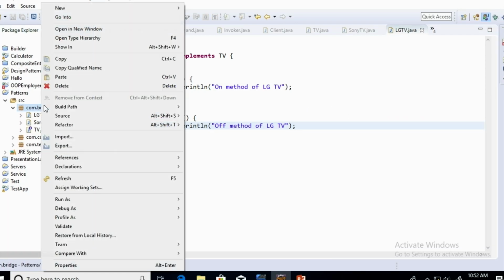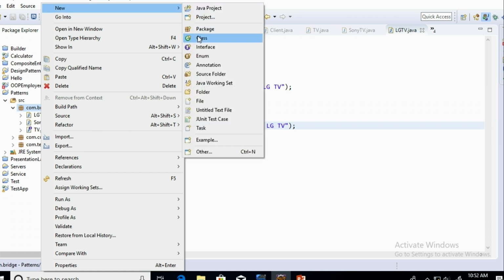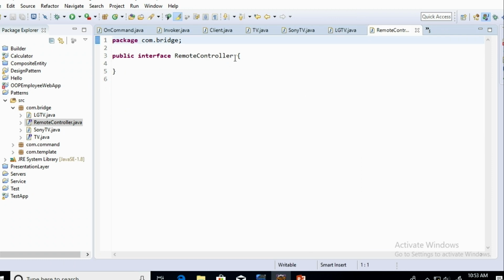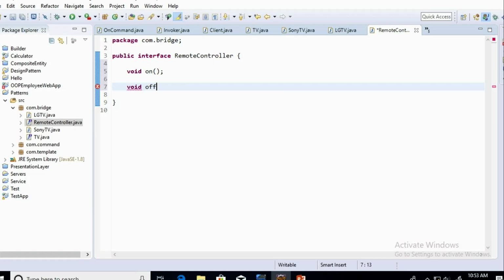Now you can create another interface. So this interface will call on and off separately.